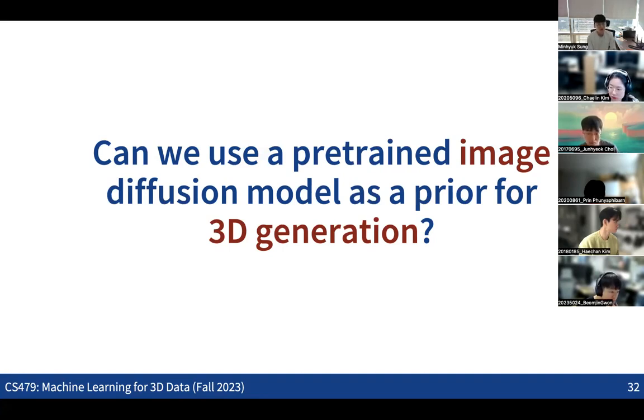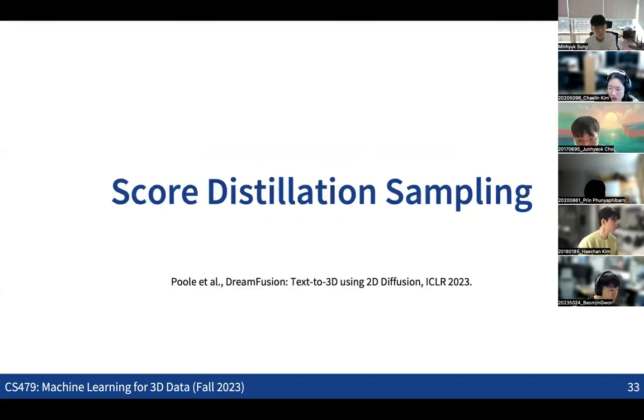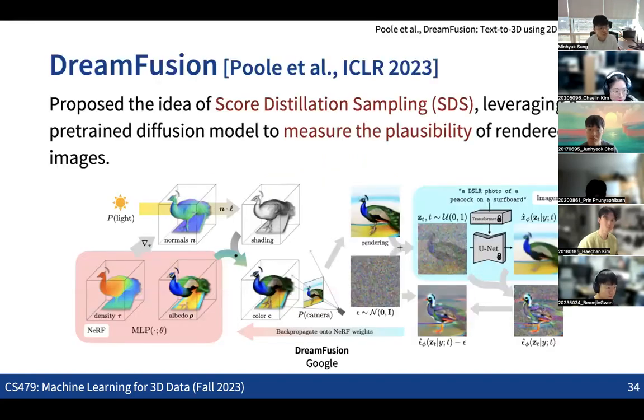And also here the key thing is that we have diffusion models that can just produce 2D images. But how can we utilize this idea for 3D generation? For that, we're going to briefly discuss the idea of score distillation sampling, which was a very recent work, introduced this year, which basically uses pre-trained image diffusion models for 3D generation.